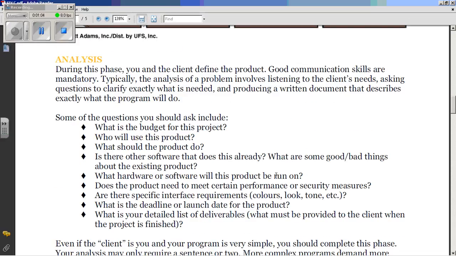Some of the questions you should ask: what is the budget for the project? Who will use this project? What should the product do? Is there other software that does this already? What are some of the good or bad things about the existing product? What hardware, software? This is all, in these big real world projects, how you get going and figure out,